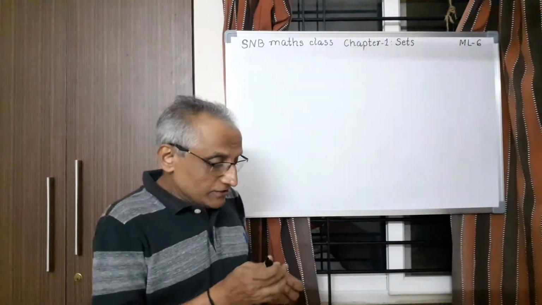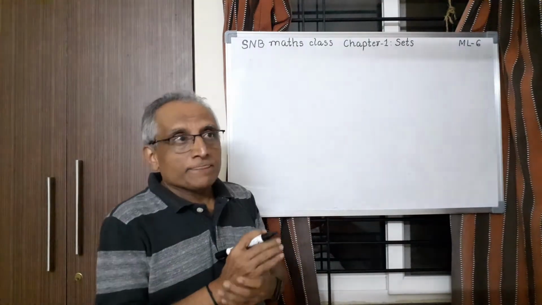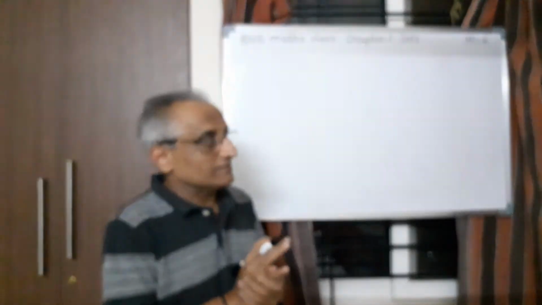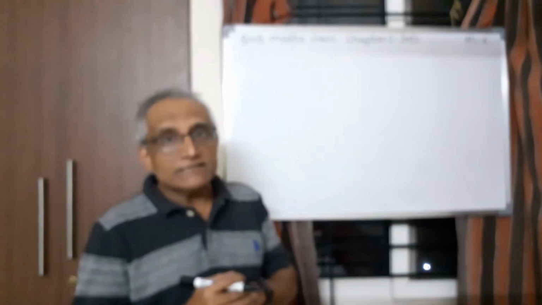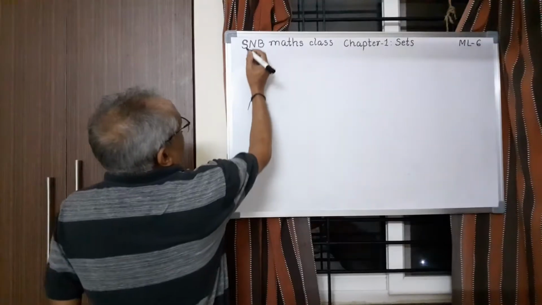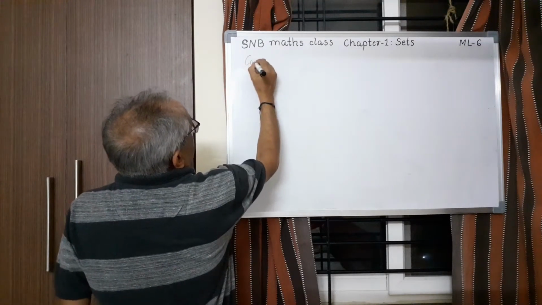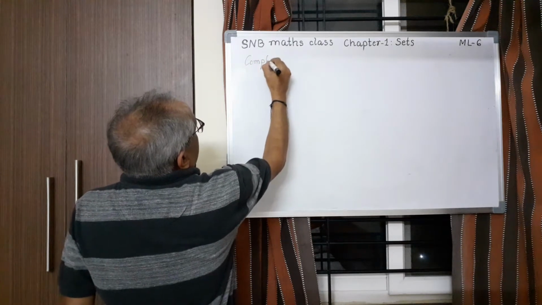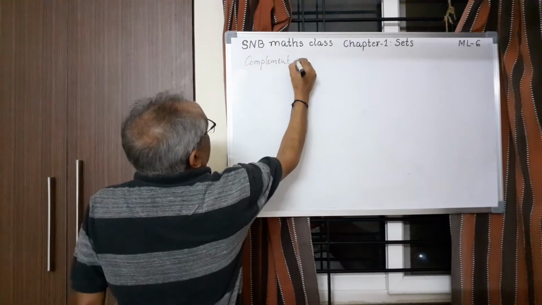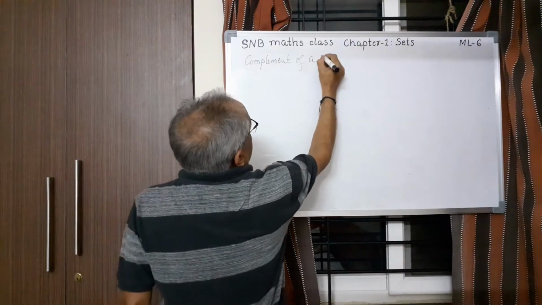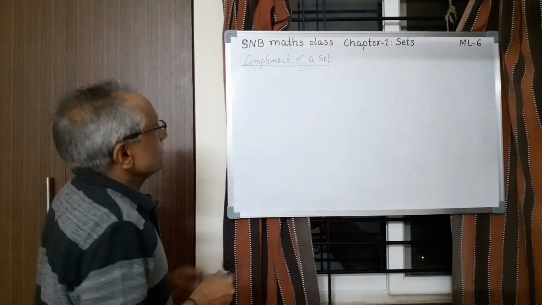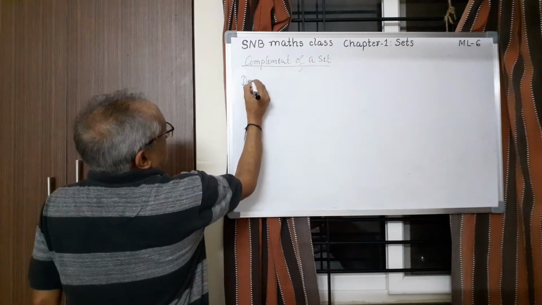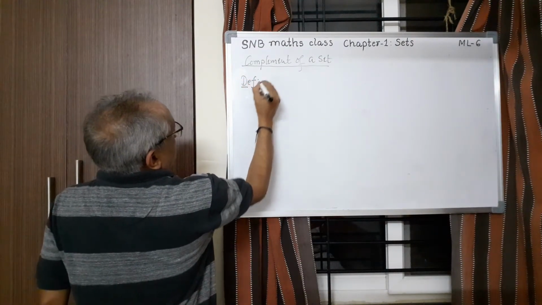Now let us continue today in this lecture. Definition of complement let me give first, because we have already seen what is the complement. Then we shall study the properties of complement of sets. So the topic is complement of a set. So first let us define the complement. So the definition is this: